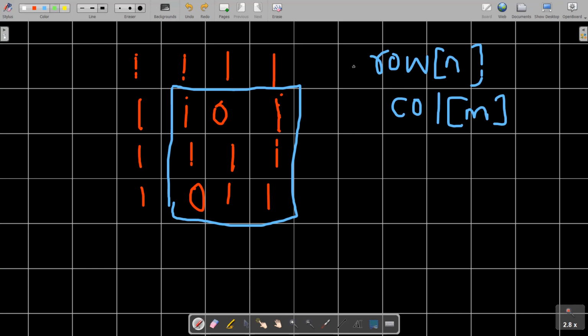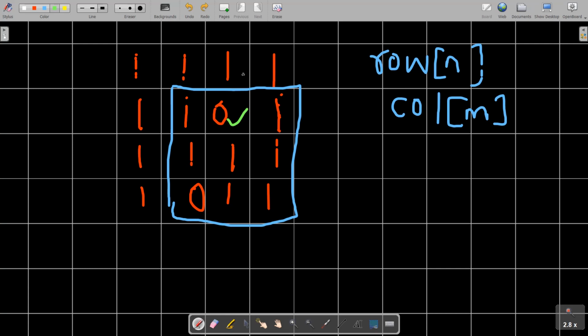Previously I was maintaining a row of size n, which denotes that all the cell values in this particular row will become 0. Similarly, suppose we have encountered this element. In this case also, the very first column is going to say whether all the cells in this particular row will hold the value as 0 or not. So how this is going to be maintained as a boolean vector is very important, so let's try to understand that.